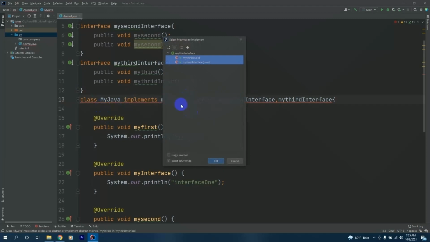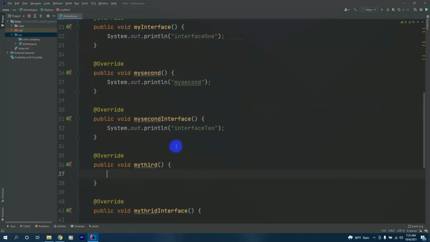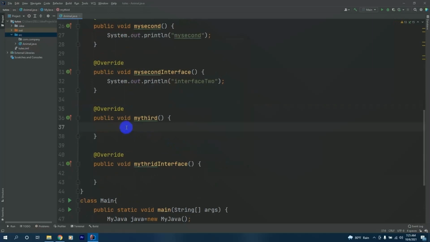And now we can implement our interface methods inside our class myJava. Inside the method we'll have an sout saying method, and inside the method interface we'll have an sout saying interface